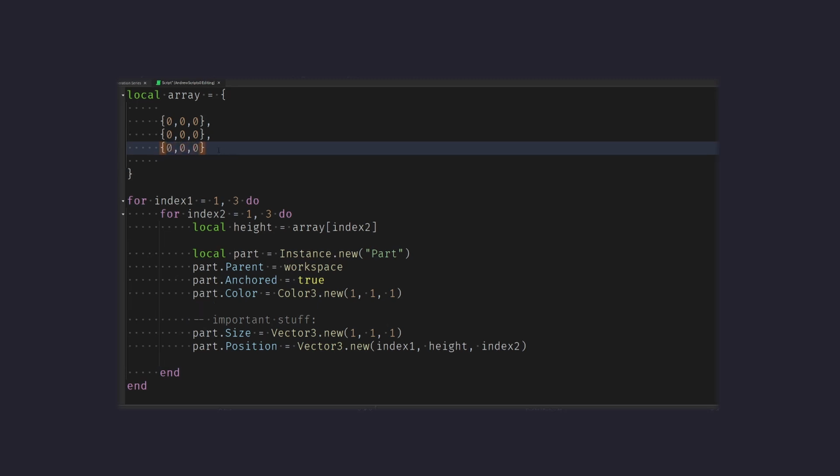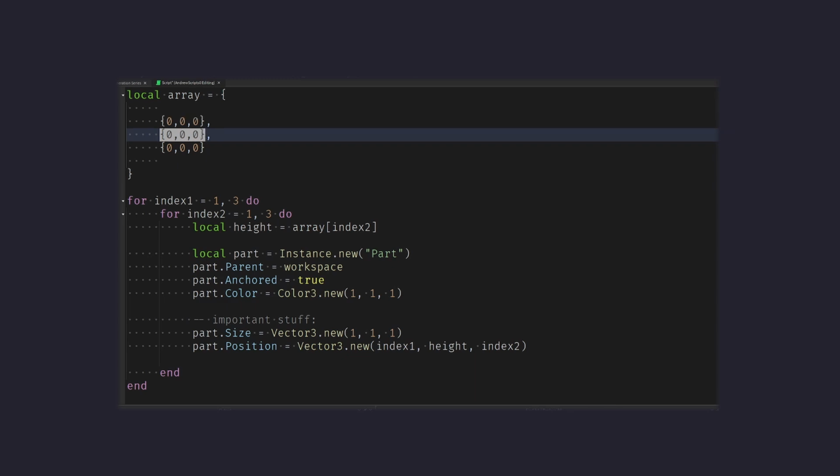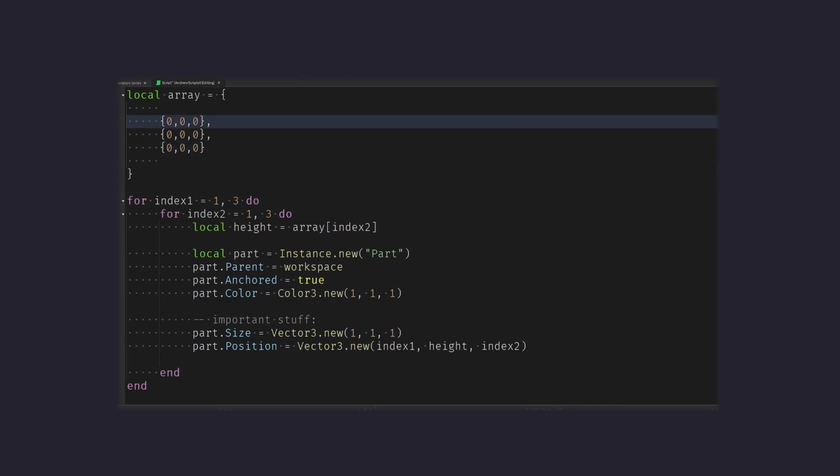This might look a little bit confusing, but don't worry. We just have a 2D array, which is a list of one-dimensional arrays. So a 2D array is basically 3 1D arrays, in my case. The numbers don't matter. And a 1D array is a collection of numbers.